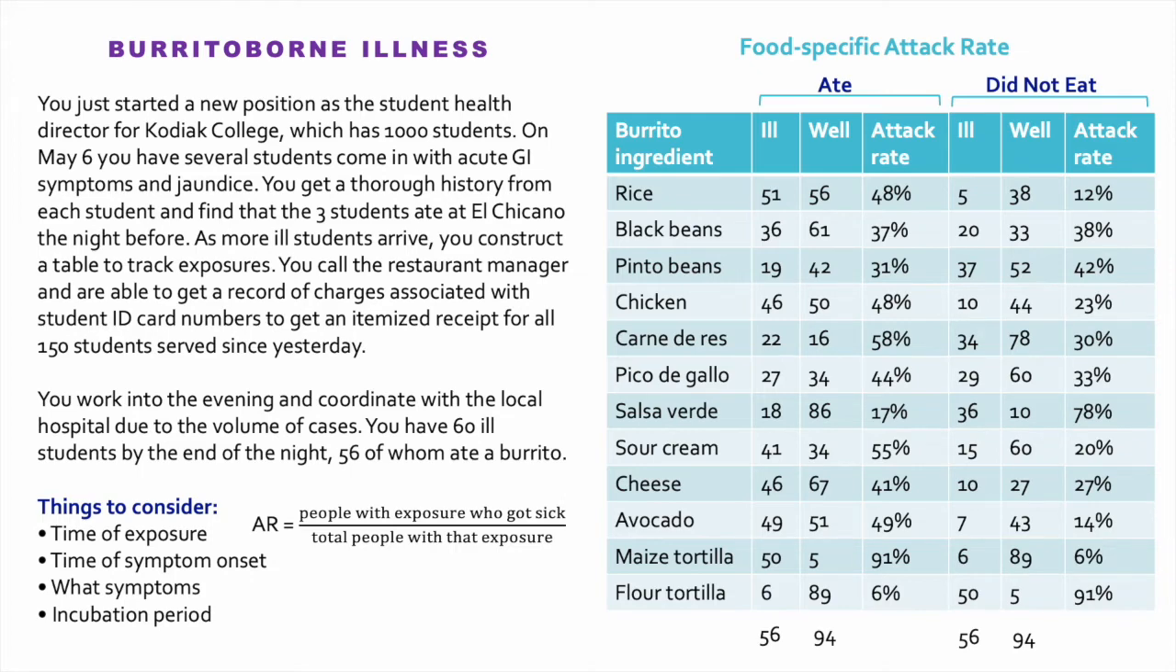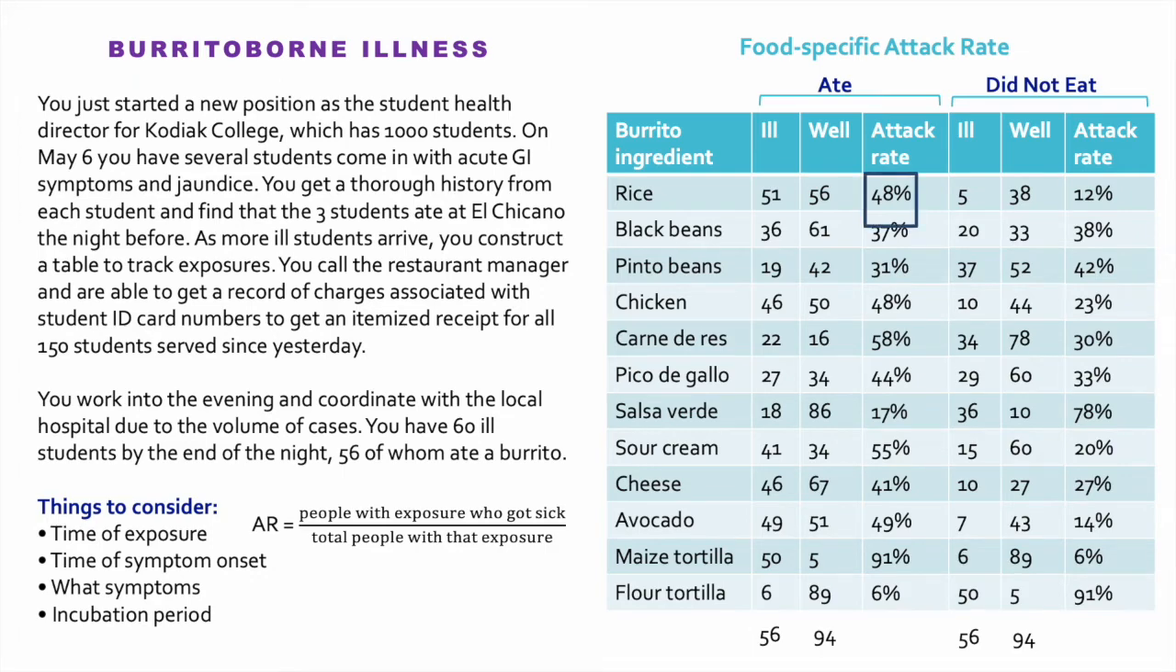To format that type of table, you would put case number on the left column with onset, symptoms, and exposures horizontally. For each food item, we add those who are well who ate the food to those who are ill who ate the food to get the total people who ate that food item. So for rice, we add 51 to 56 to get 107, and we divide 51 by 107 to get an